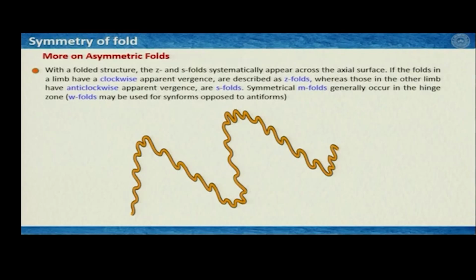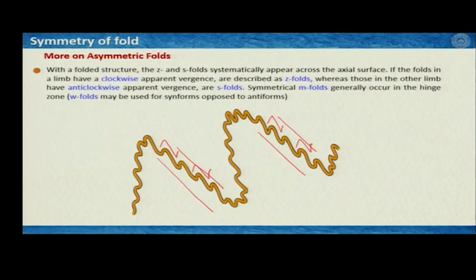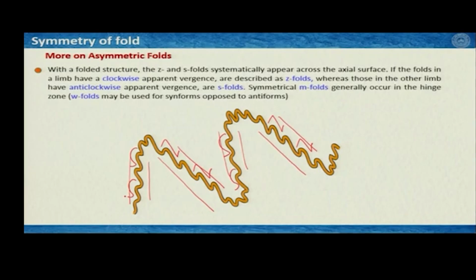So, let us have a look. Here you can see in this limb, particularly if you consider this one and this one, these are Z. On the other hand, those on the other limb have anti-clockwise apparent vergence. Here, these are S shaped. Now, in between these Z and S, you may find symmetric